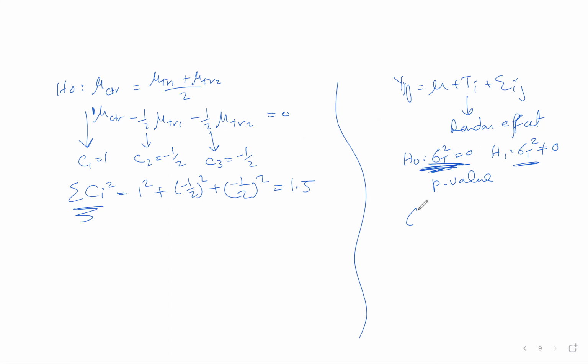So how do I estimate sigma square and sigma tau square? Estimation, not testing. The sigma square hat is MSE, which is already estimated from the ANOVA table. But sigma tau square, you can estimate by calculating the MS due to treatment minus MS due to error, divided by little n. Those are the two formulas for the variance component. This is the random effect.